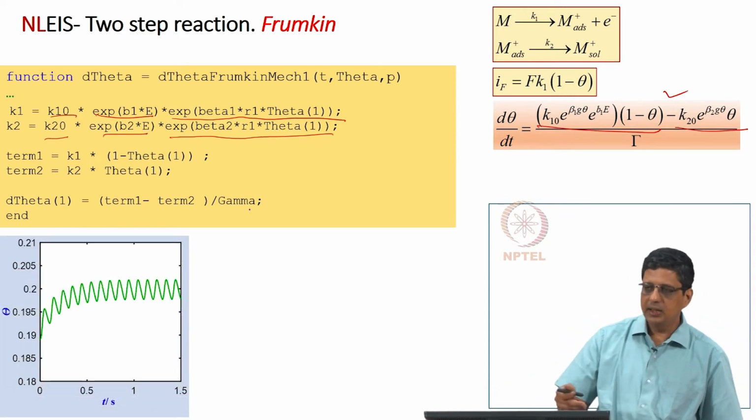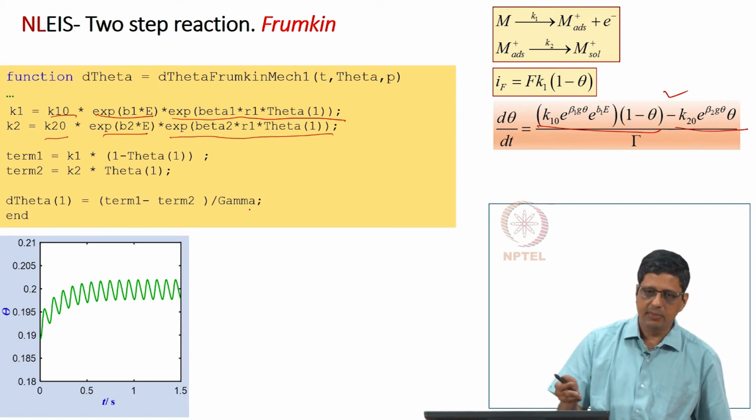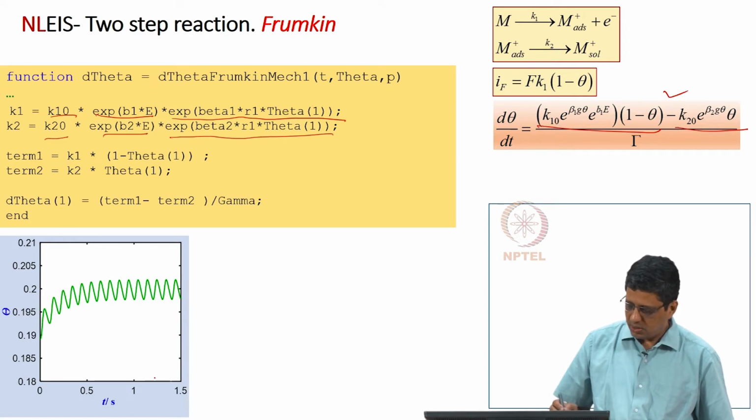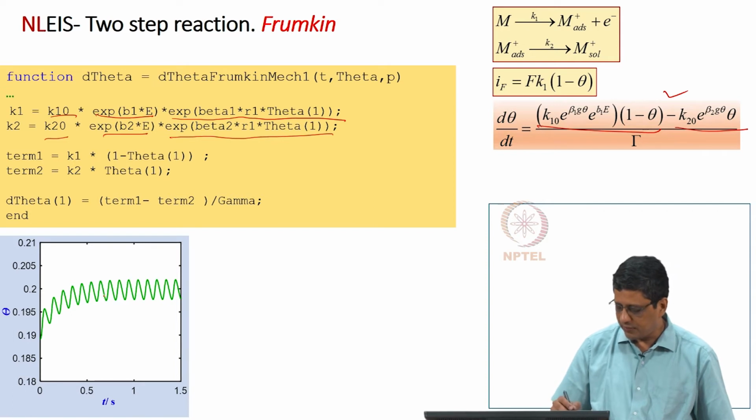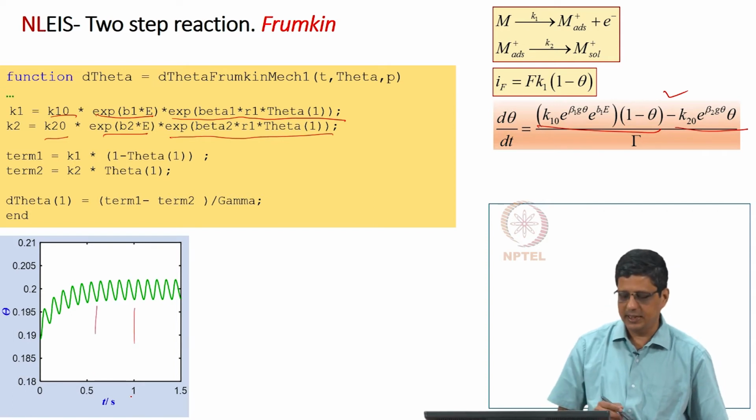So, we want to write like this so that it is easier to debug. If there is any mistake in the code, it is easier to debug this way. And when you apply sinusoidal potential, this is integrated for about 2 seconds, 1.5 seconds. You can see that it oscillates, it drifts, and then achieves steady periodic result after some time, perhaps after half a second, definitely after 1 second.